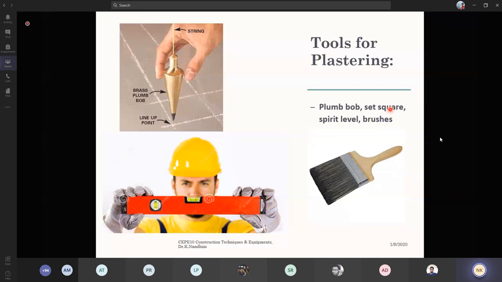And these are the brushes which you use. Also, set squares, you just check the angularity. You might have used set squares in your engineering graphics. Have you used it? Yes, ma'am. Wooden set squares will be available that you can use at the work site. You can check whether your connection between the room walls is correct or there may be a mild deviation. You can check that. Those things are used.